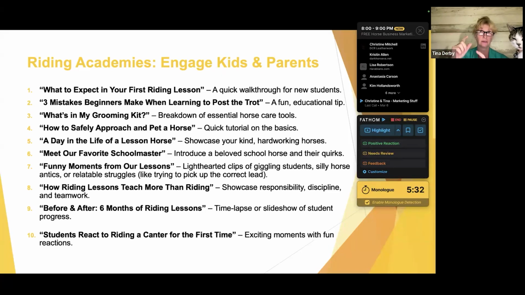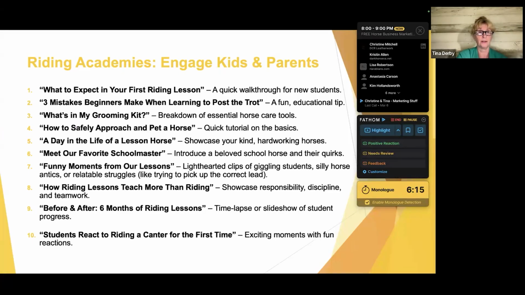Maybe there's some new item, like the pick brush, which is a recently invented brush that's got a hoof pick and almost like a little wire brush, a very hard brush. Laura Kraut, the Olympic rider, invented it a few years ago because she was always using a hoof pick and then taking a brush and brushing at the horse's hooves. So she made a product that she now sells, called the pick brush, and that's one of the things you would find in her grooming kit. People are always interested in new ideas or what other people are doing. People are curious, and so that's popular for a lot of people to watch.